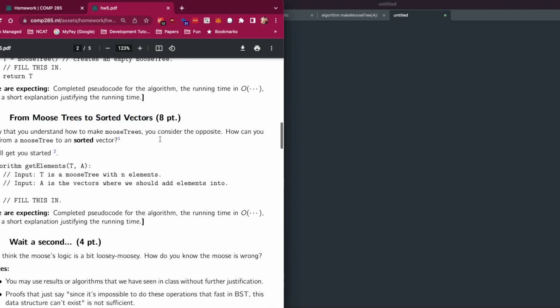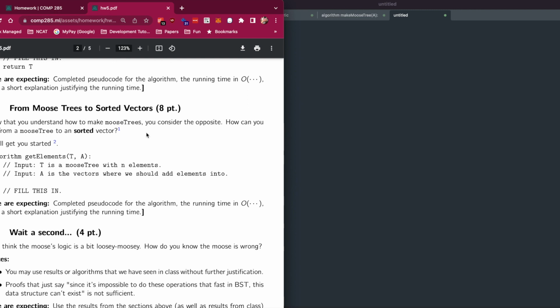So here we are going from trees to sorted vectors. Now the question is, you consider the opposite. Let's say instead